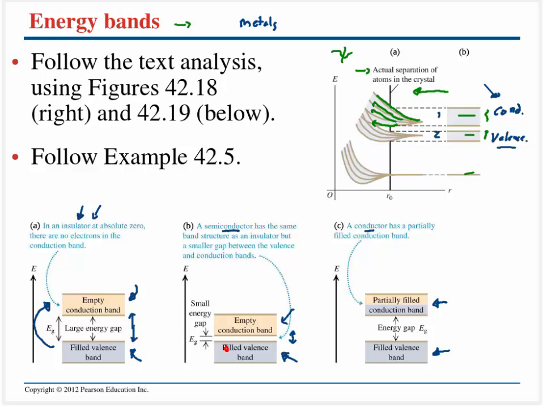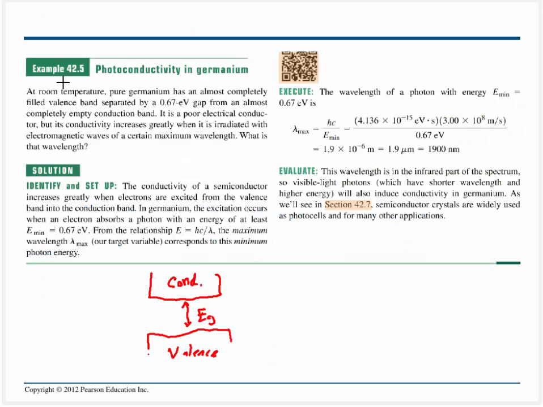And so if we had some electrons inside of this filled valence band, they're far more likely to be able to hop up into this conduction band, and hence the semiconductor will sometimes behave like an insulator and sometimes behave like a conductor. So let's take a look at example 42.5. It turns out that germanium is going to behave very much like an insulator,